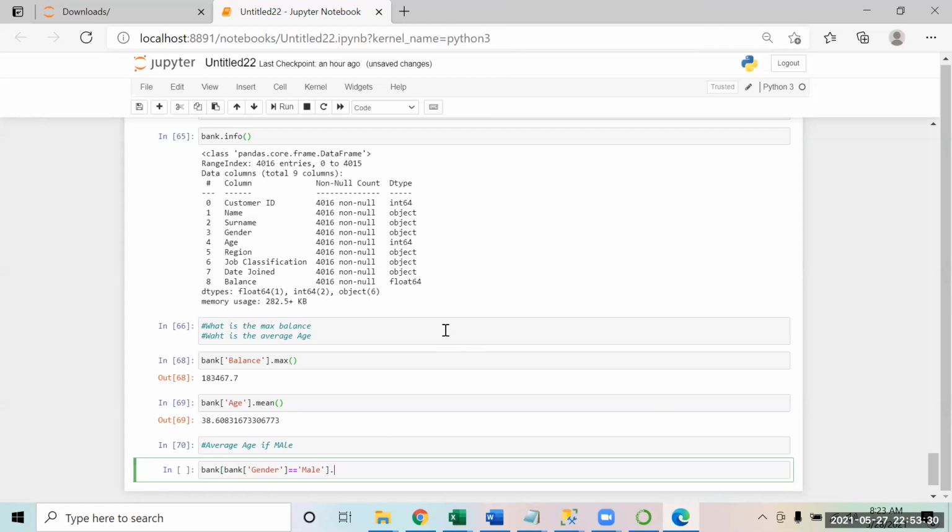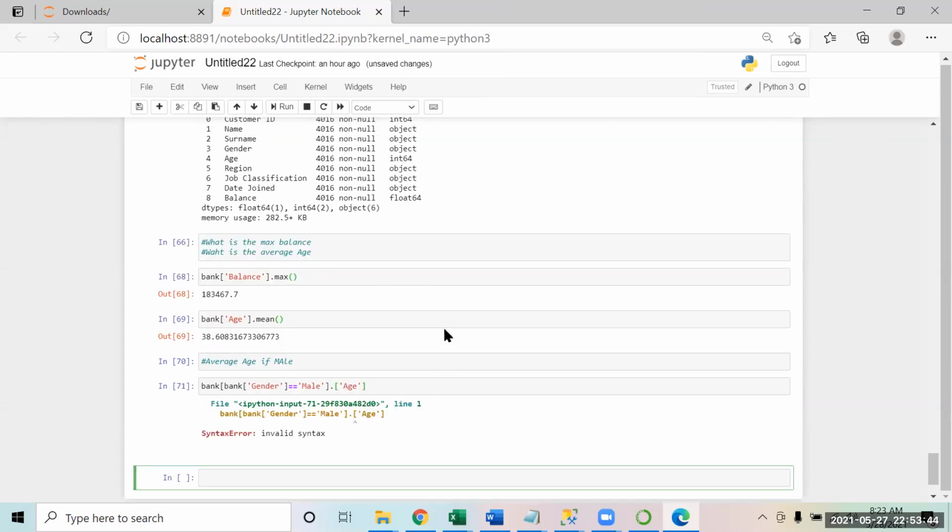Should it be a dot or another square bracket with age? You can use age in square brackets and then dot mean. If you run this, something went wrong. We don't need that dot operator before age connecting the two things.